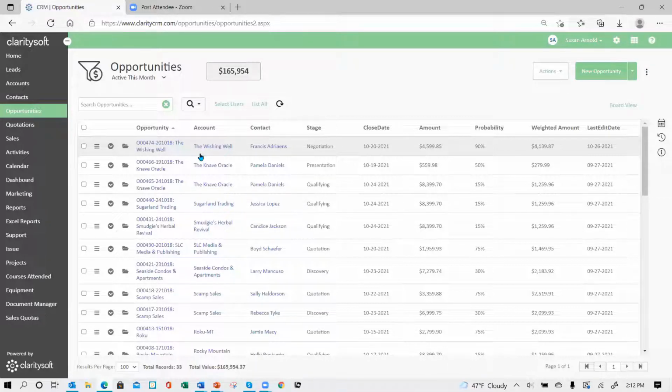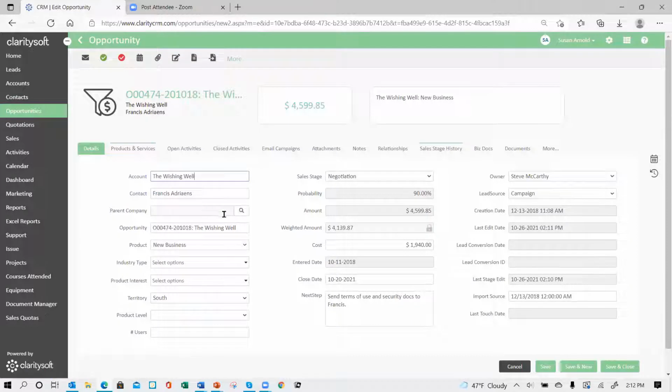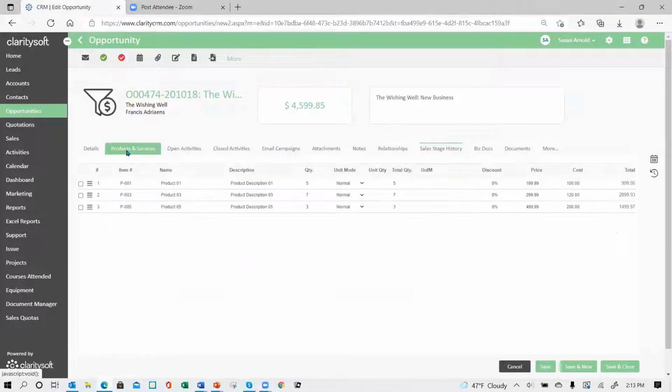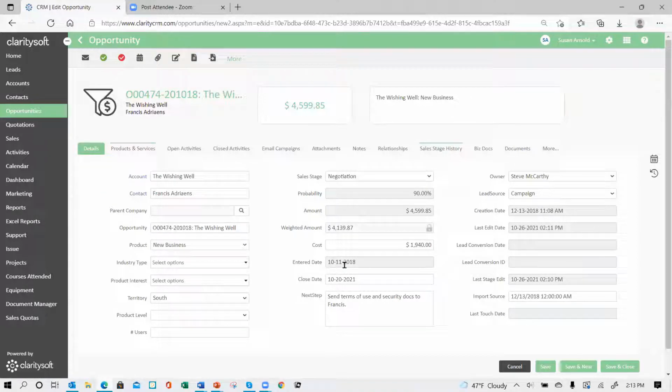If you work on cost, where in your products you have entered, if you've put a price book in and you've entered a cost that calculates from here, then you can create another calculation that would be your profit in dollars, and that would simply be the amount subtracting the cost. So you could add another calculated field here for that, and then you would know what your profit is on